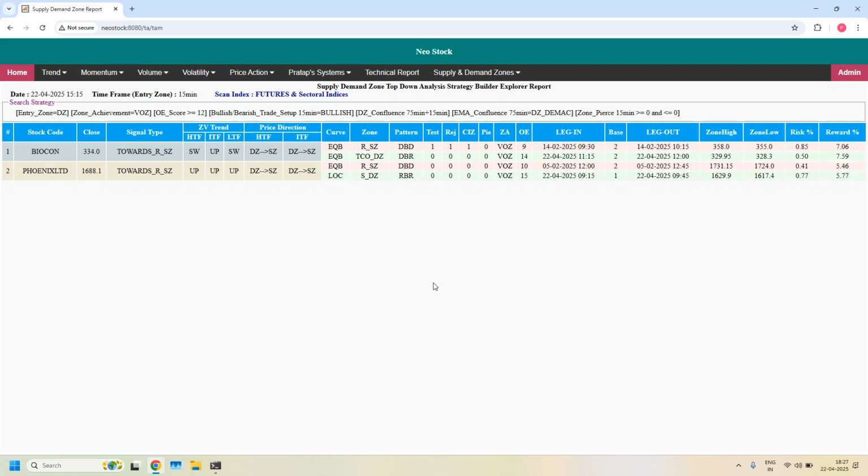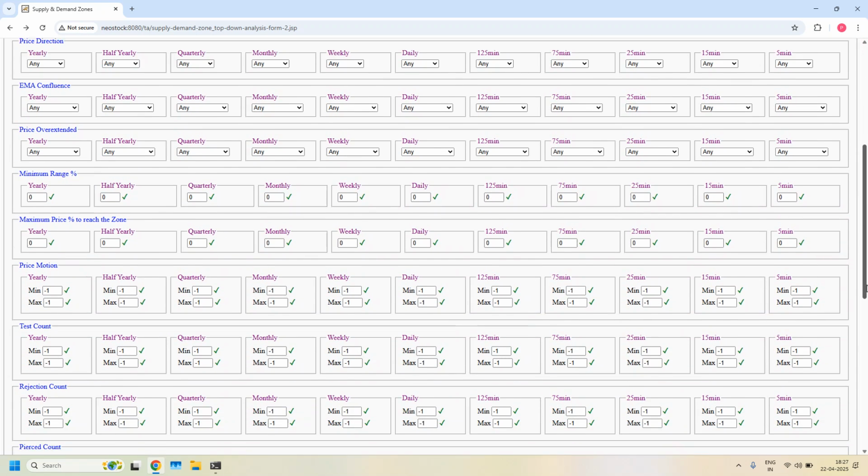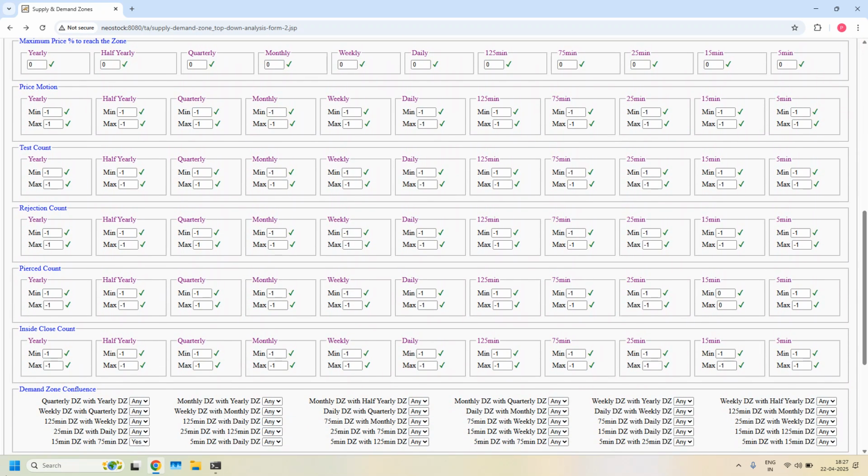Okay, next let us look into LTF, ITF and HTF demand zone confluence supported stocks. Going back, removing this EMA filter. In the demand zone confluence, we should set 3 filters. First filter is already enabled, 15 with 75 minutes demand zone confluence. Next, 15 minutes demand zone with daily demand zone confluence. Next, 75 minutes demand zone with daily demand zone confluence. With all the 3 filters,